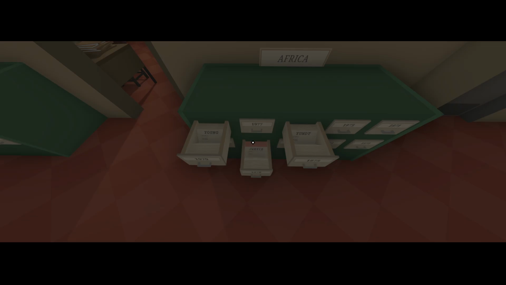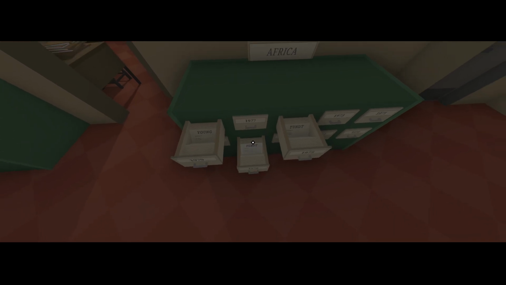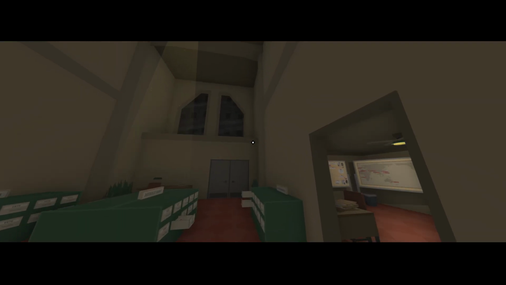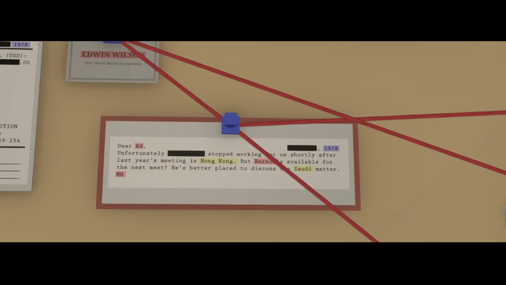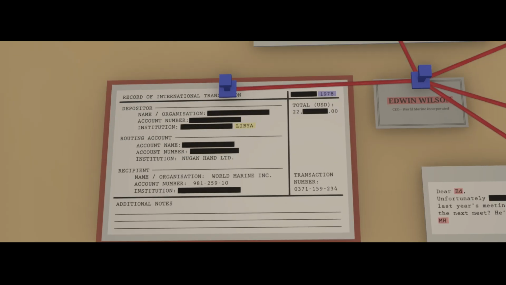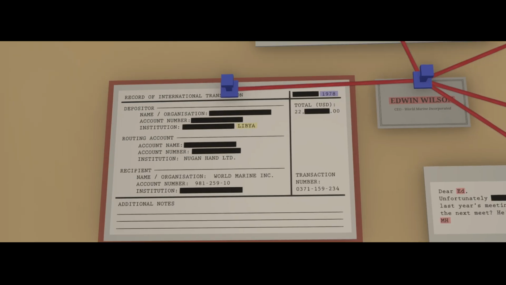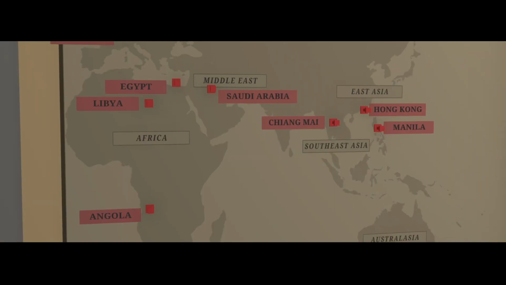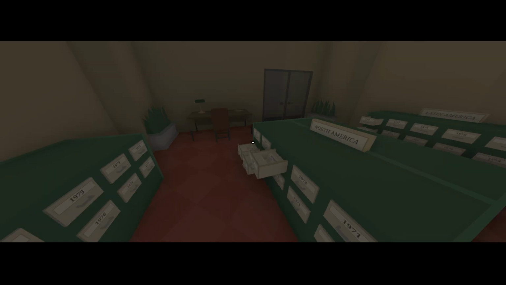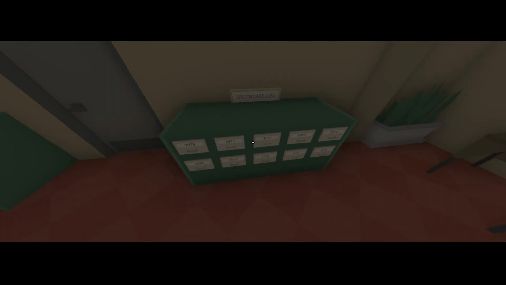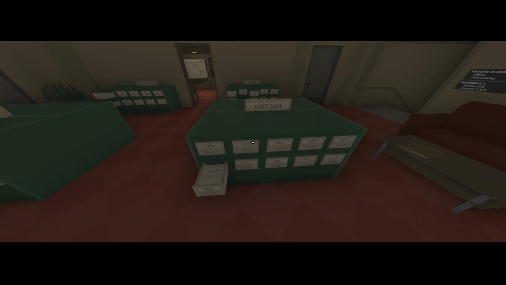Douglas, Ferguson, Fields, Gilmore, Gyrus, Myers, O'Neill, Osborne, Pollard. Right, so nothing in Africa 1978. Got it. But we do have Hong Kong now, which would be East Asia. So this really means nothing to us right now, because there's nothing about Libya. So let's check East Asia 1978. I feel like we've probably already done that though, no? Southeast East Asia 1978.